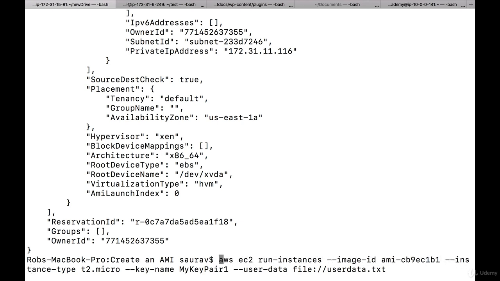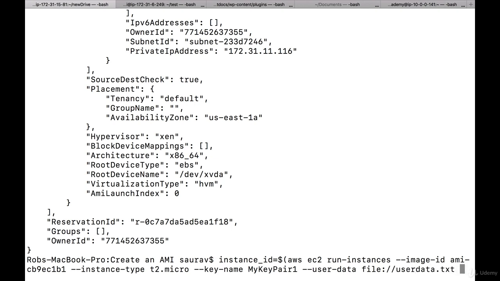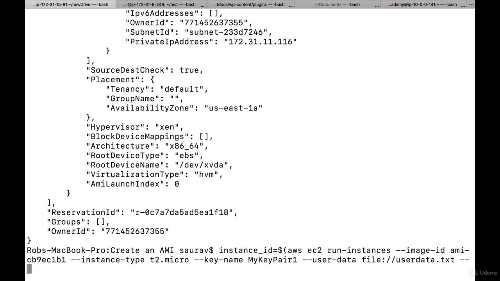So I'm going to launch one more instance, and I'm going to say something like instance underscore ID equals $. I'm going to put everything that I typed earlier for the command inside parentheses, and come to the end of the command, right? So my goal for this command is to extract the instance ID only, so that I can use it for my next command. So if I wanted to do that, then what I would do is I would say query,